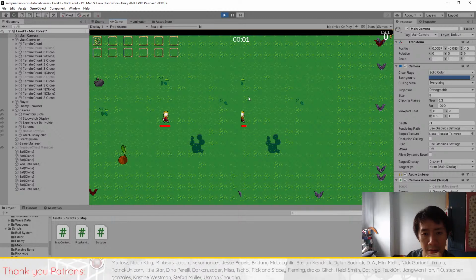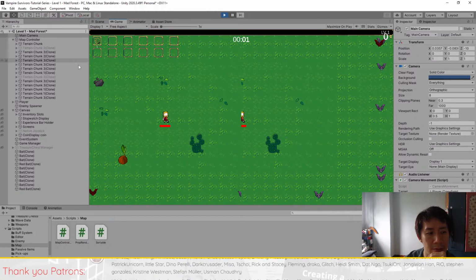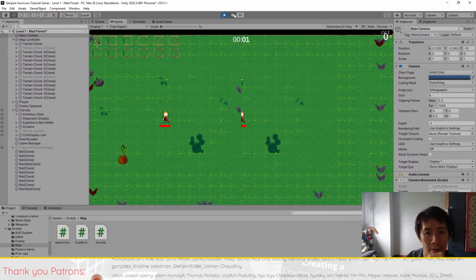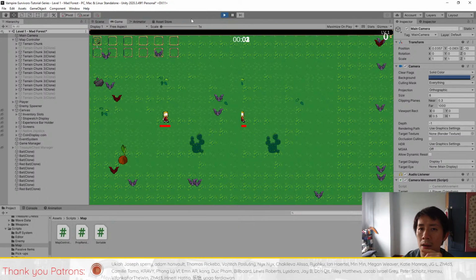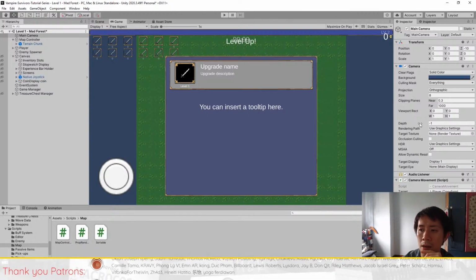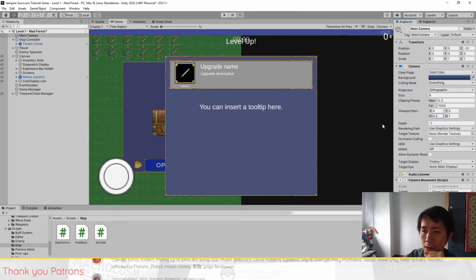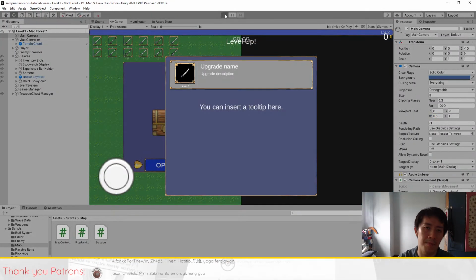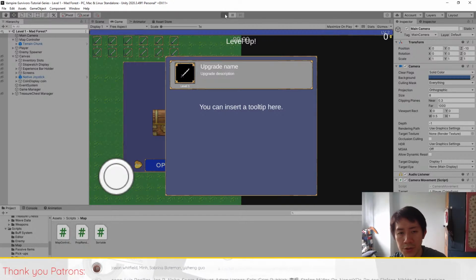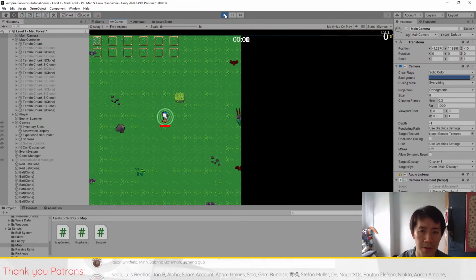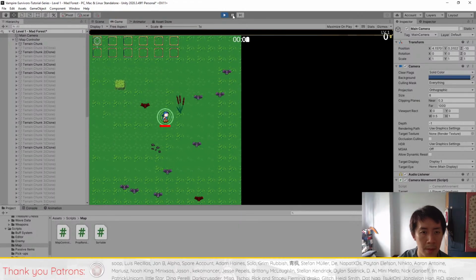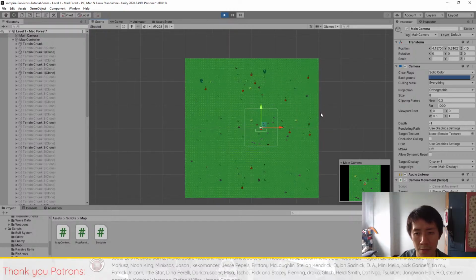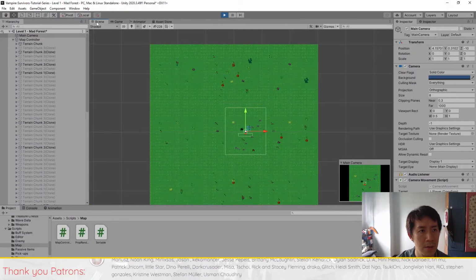So that means that the game takes up only half. Then the map controller should update itself accordingly, right? So the camera is halved, which means that,